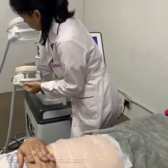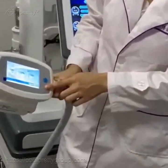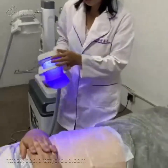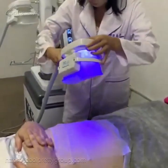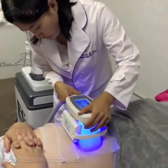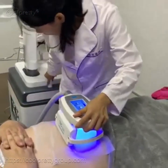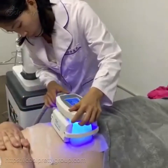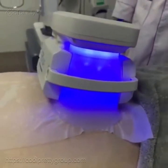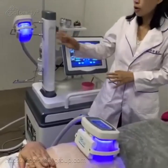Now we use the middle size working handle. And before doing the treatment, you should press this blue button on the working handle first, and then you can see the blue light, and now we can start. And we put the working handle on the treatment part. Okay, for this machine, 4 crown handles can work at the same